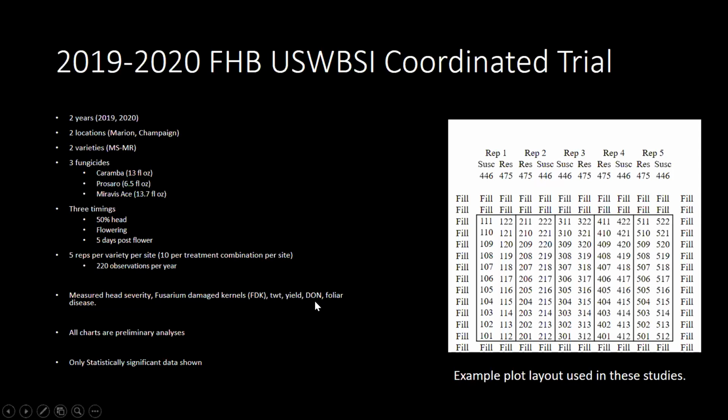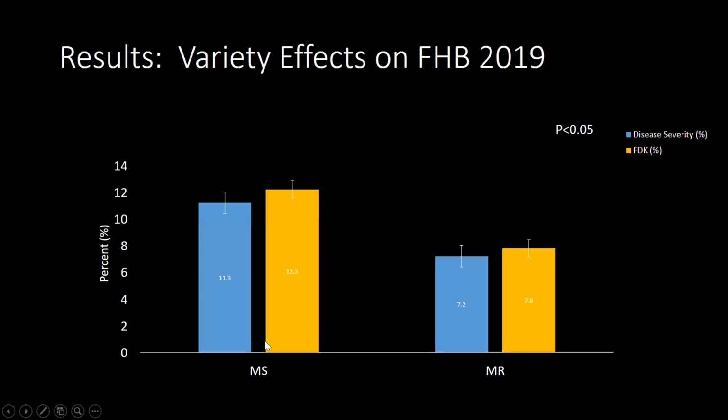Unfortunately, the vomitoxin data take a while to get in, so I don't have those to present. And as I was saying, those are the most important data really when it comes to this, but we can get an idea of what we're working with and how effective these products are. All right, and just keep in mind, these are preliminary analyses, and I'm only going to show you statistically significant data. So that means that I am confident that these differences are more or less real,